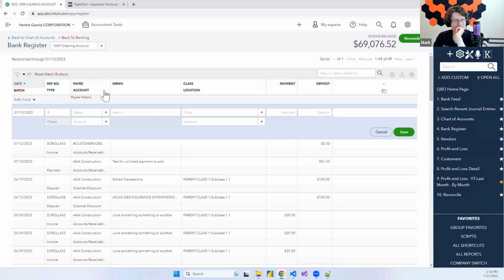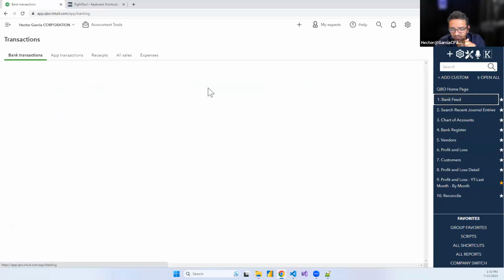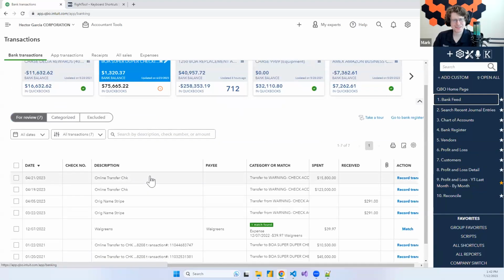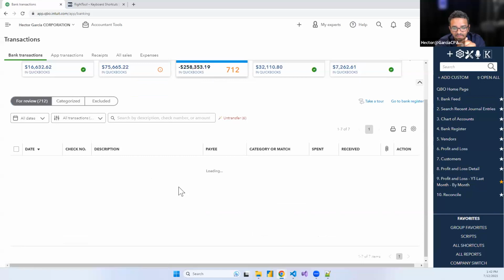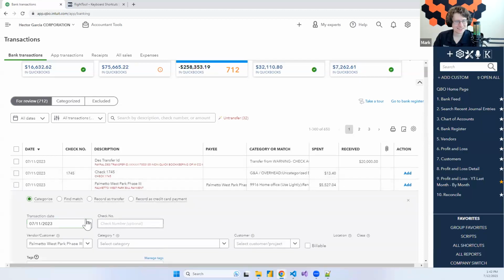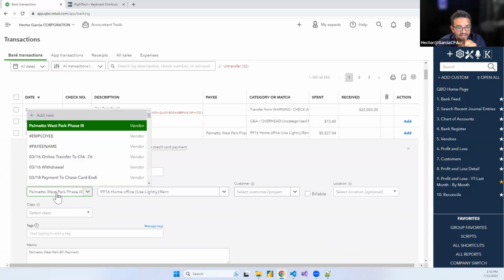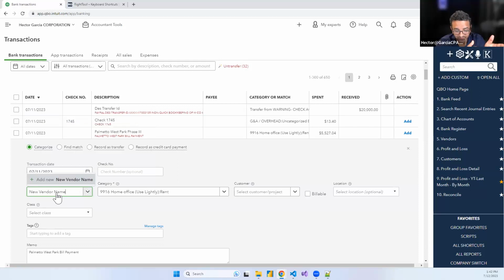And in bank feeds, we did do something a little bit different, because they're frustrating. So in bank feeds, let's say you go into one that's not a transfer. Again, transfers are like the bane of my existence. So once you go in there, let's say you type in a new vendor name. New vendor name. Okay. So the way we did it is if you press enter,